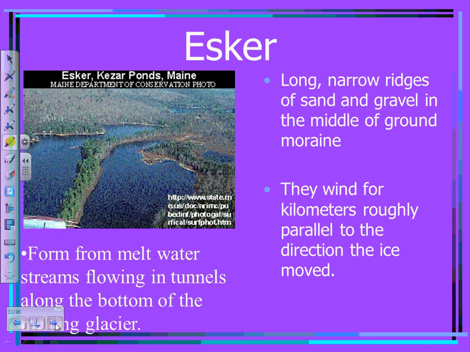An esker is a narrow ridge of sand and gravel in the middle of a ground moraine, and they'll wind for kilometers roughly parallel to the direction the ice moved. They form from meltwater streams that flow in tunnels. If you remember from the video we watched on the first day when I introduced glaciers, the glaciologists were inside those tunnels, and typically there, because the water's flowing, it's going to form an esker. This is an esker here that formed in